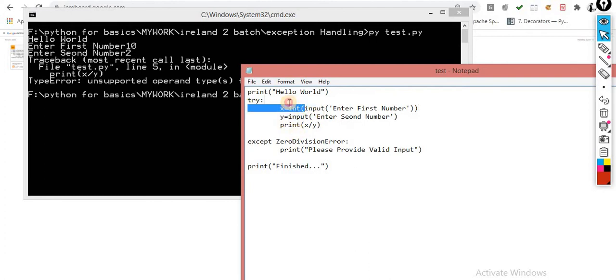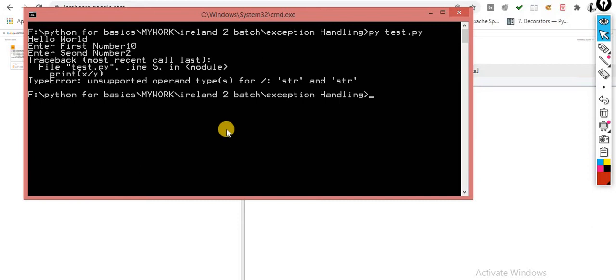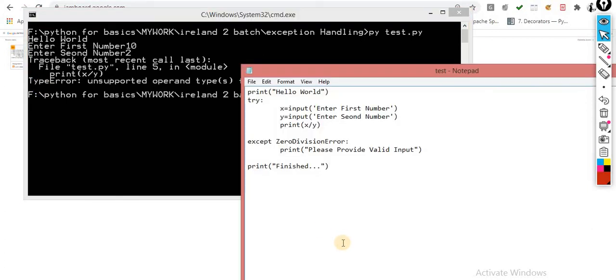Because the catcher, just think like this, let me clear this doubt as well. Now understand, I made a code which is available only for the zero division error. That means it will handle the arithmetic error, which is the zero division error. But this time what error is coming over here? That is the string error, unsupported operand, that is basically the type error. So I don't know which type of error is coming over here.